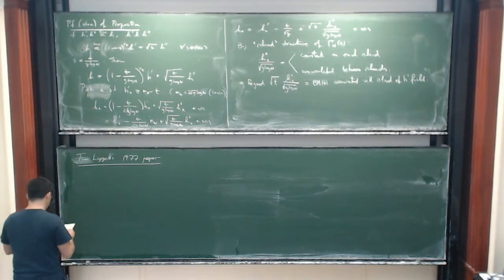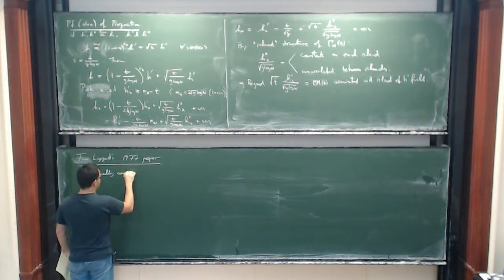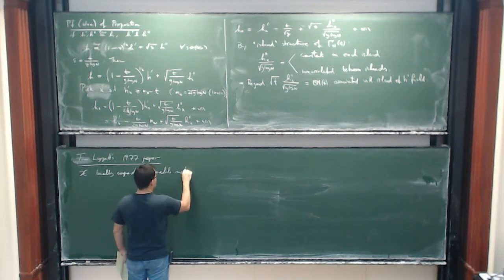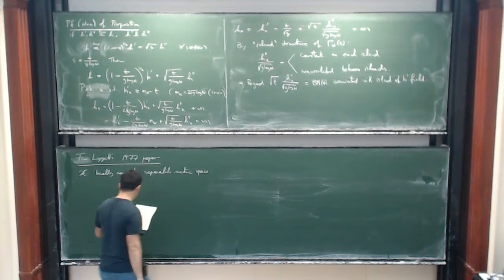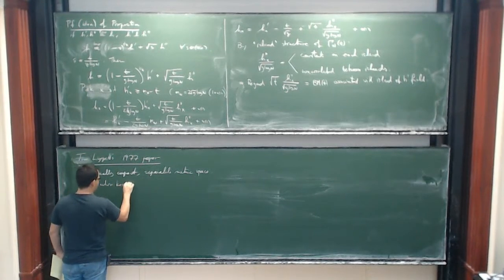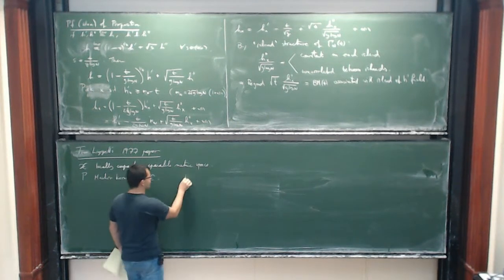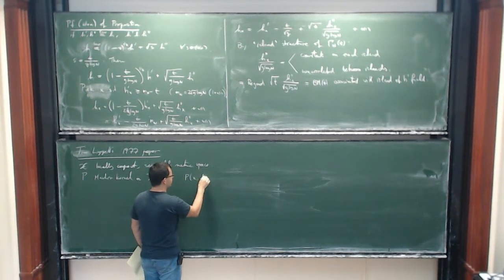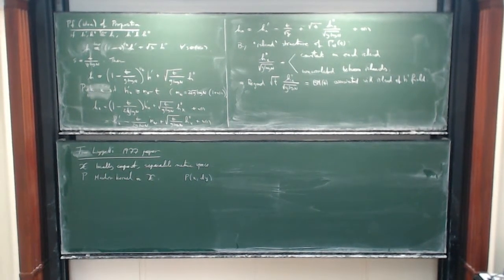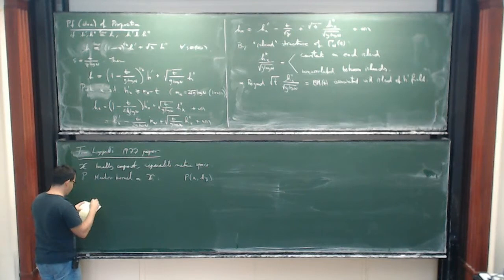Okay, so here's the general setting: you take a locally compact separable metric space, and P is a Markov kernel on X. So a Markov kernel is an object which takes a point and outputs a measure, right? So it's an object of this form. It's a point-indexed probability measure, and you can define the process.